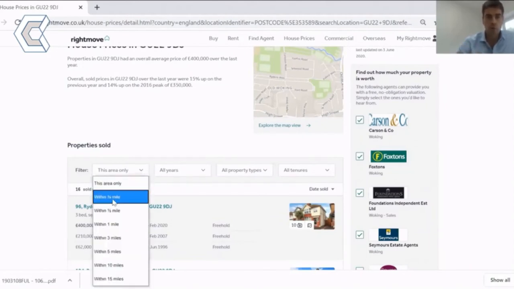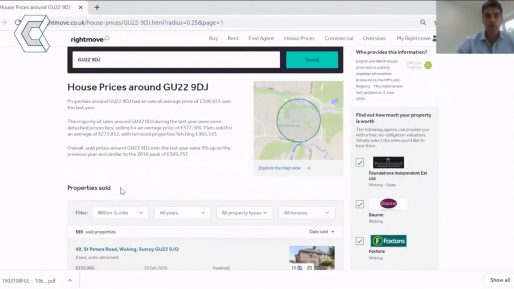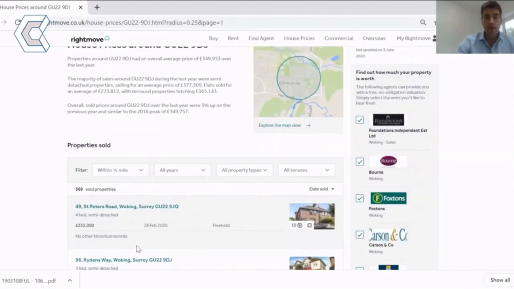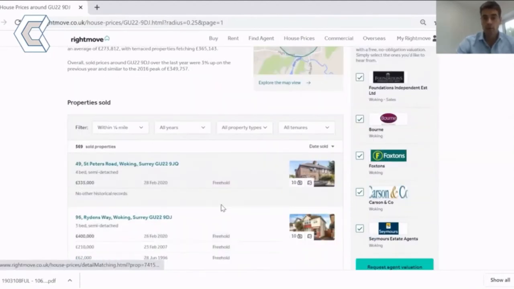So I'm going to look at quarter of a mile around, because I want to be as specific as possible. I want to be within a 5-7 minute walk from the heart of that radius, but I want examples there that are quite specific to that geographical area, because as we know, you can go half a mile distance and areas change, neighbourhoods change. So let's get as specific as possible, but give ourselves a good range of samples. So quarter of a mile radius, and then that takes you through it where you can go through these comparables now,